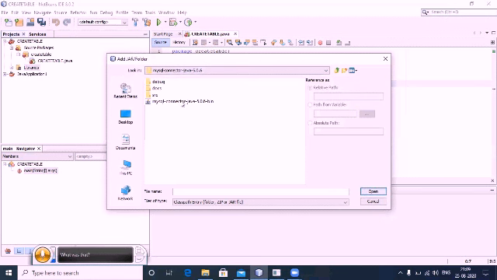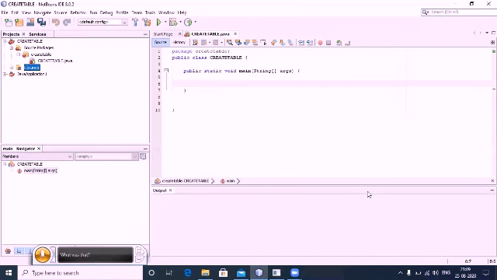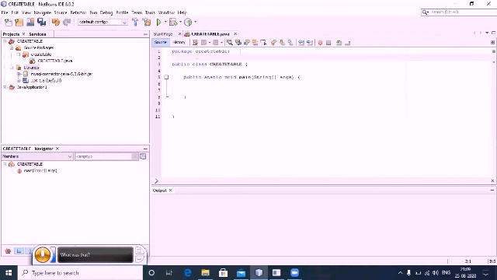Okay, so here is the folder, that is the file MySQL connector Java 5.0.6. This is the jar folder. Now I have added that. Let us check the libraries once again here. See here, the jar folder is added. Once the jar folder is added, then we can go ahead with the code. Now it is ready to get connected to the database.